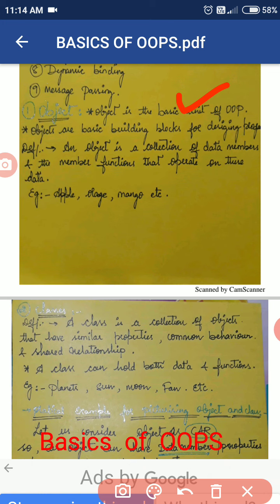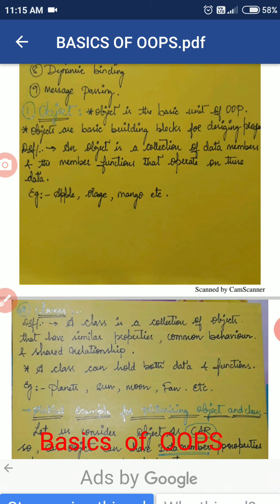We shall move on to the definition of object. An object is a collection of data members and the member functions that operate on the data. Whatever data you have, if it is just there, it is of no use. If you want to have some use from the data, it has to have data members and member functions so that it can operate on that data.